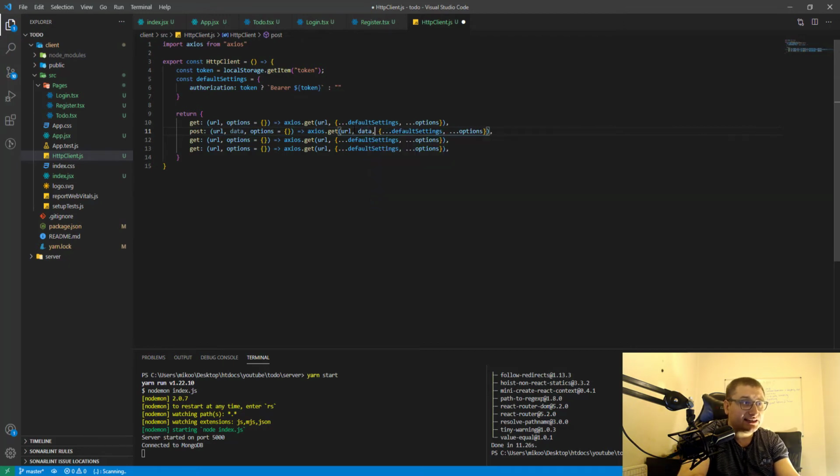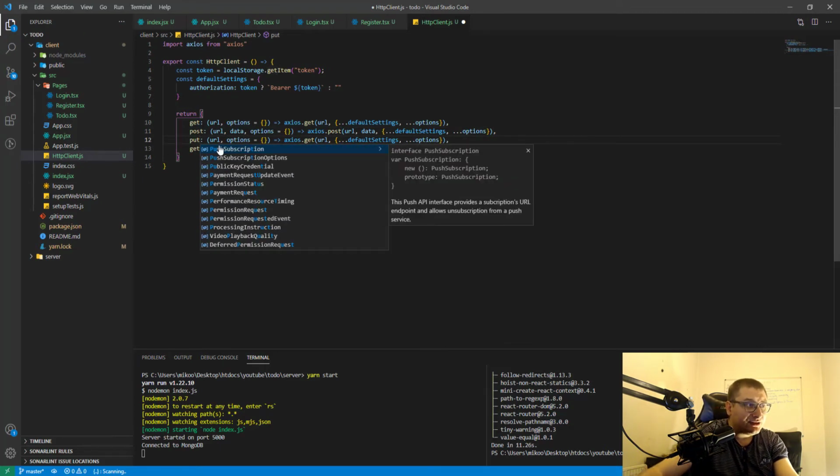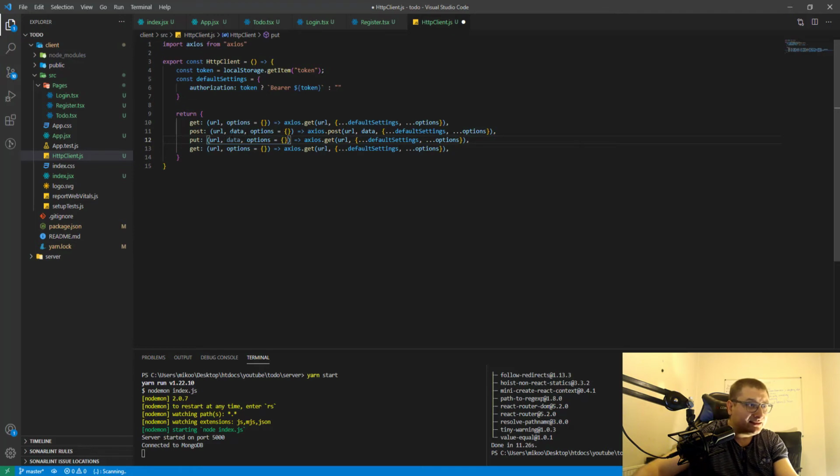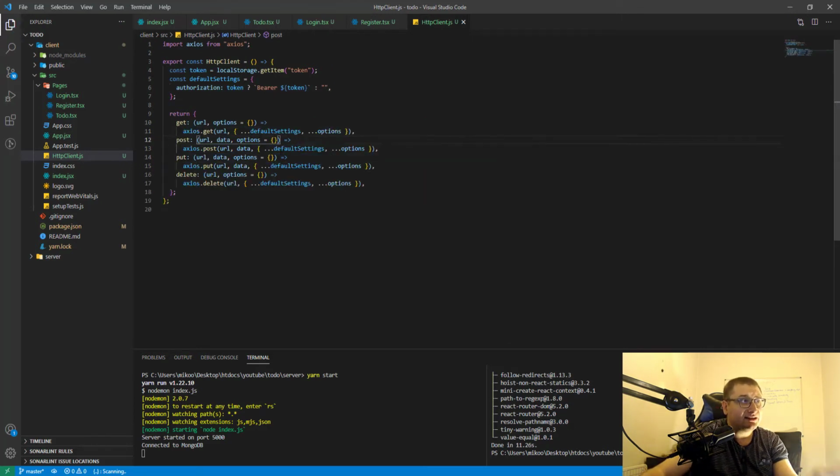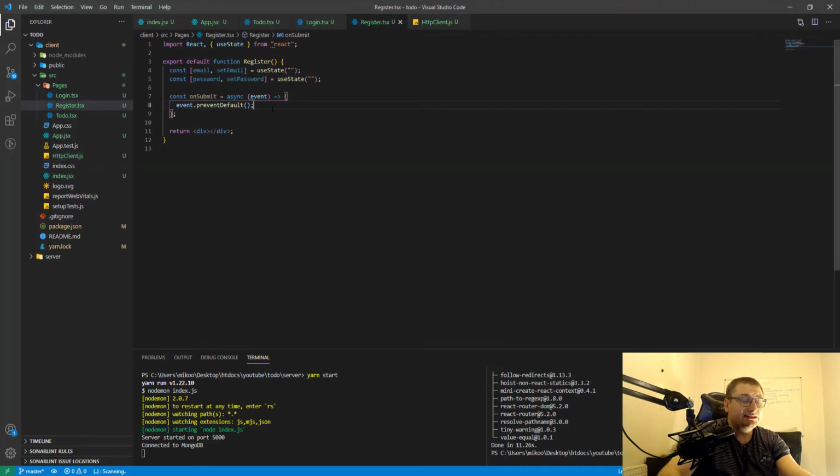and here we will say data, and here we will say post, and here we will say put URL data, and we will need data here as well, and we will need put here, and you guessed it, I will just select 2 at the same time, and this is just delete, and now we should be able to make requests. So if we go to our register, we can say const data equals email and password,